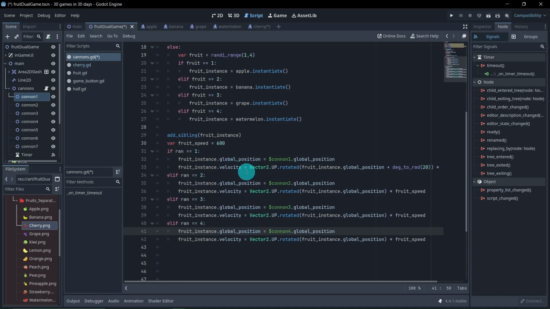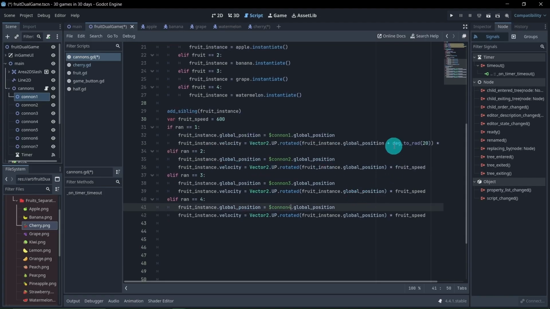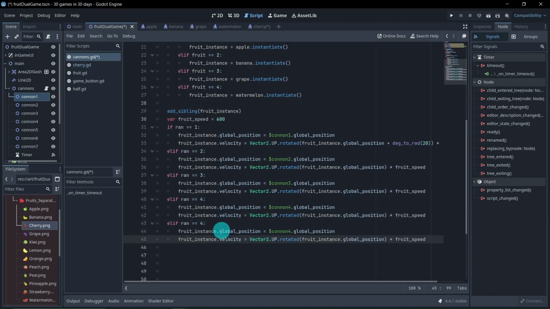Now for 5 though, it's gonna be matching up with the original one with the if. So we're gonna need that plus drag 20. So let's go ahead, copy this whole thing, paste it below, make sure it's on the right line, change the random number to 5, cannon 5, and then we're going to re-add the plus drag to rad 20. Okay, awesome. And because we're not on the same section as it, we're on the other side, so we're no longer on the left, this is going to be all the way on the right, we're going to change it a little bit and just do a negative 20 now, okay, to give it a little bit of a curve,